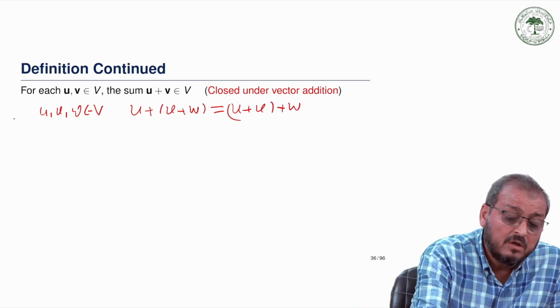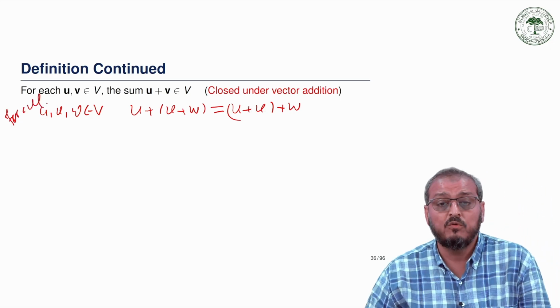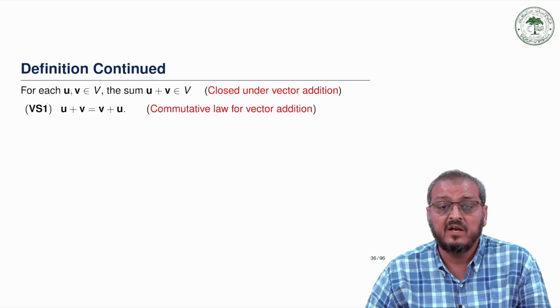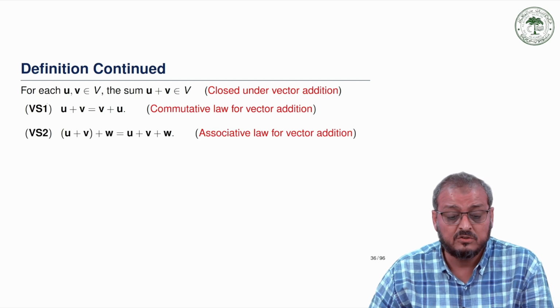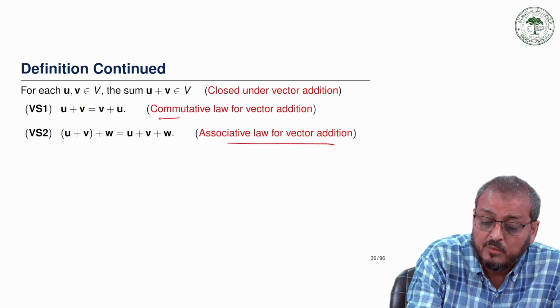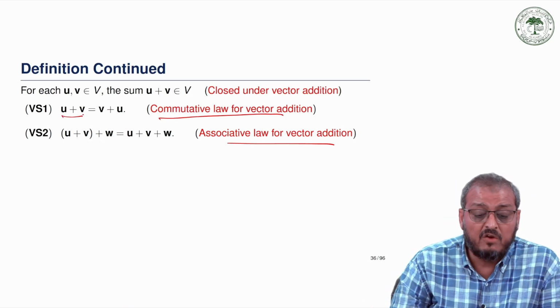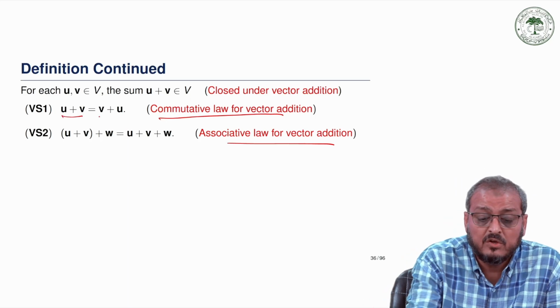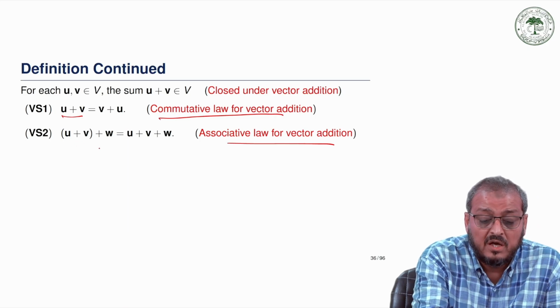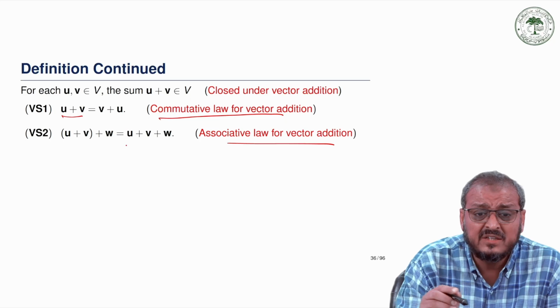For all u, v belonging to W, that means the associative law for vector addition is satisfied. Also the commutative law for vector addition is satisfied. So we have u plus v is the same as v plus u, and this associativity is there. Now we have that there exists an element